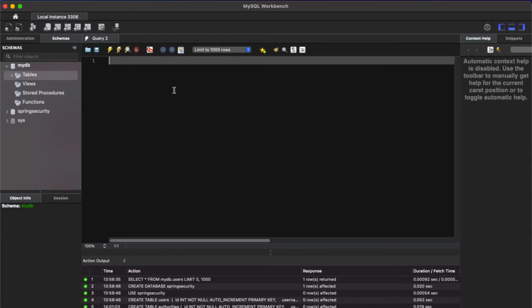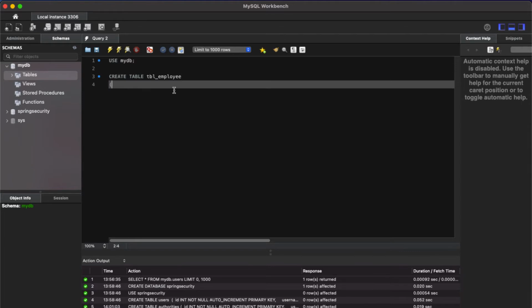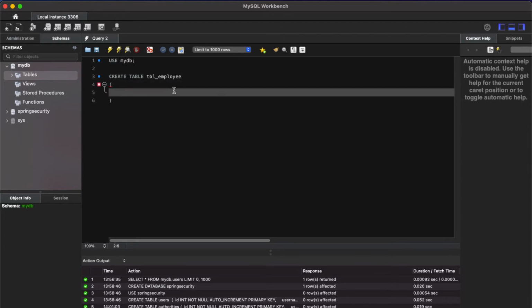So what I'll do is I'm going to first select the database, use MyDB, and then we are going to create the table, which is create table, and the table name tbl_employees, and we're going to create the columns, which is id, and this is an integer type, and this will be primary key, and this is an auto increment, and this is not null.